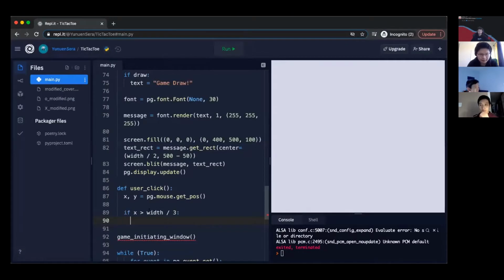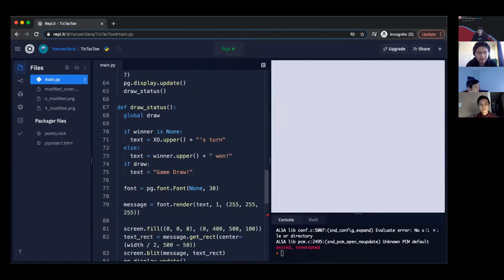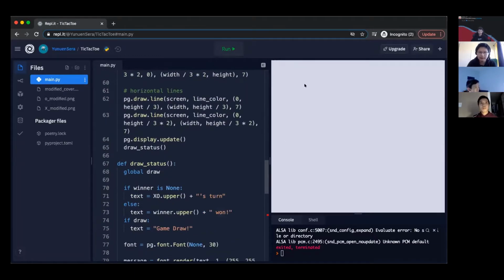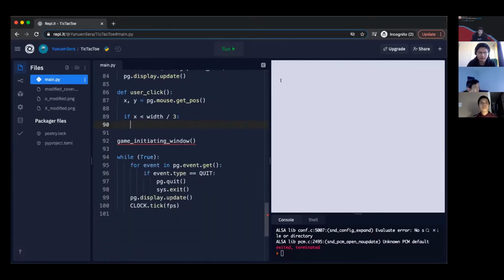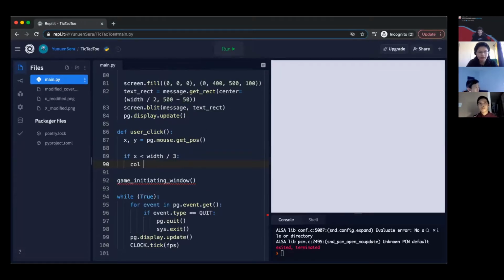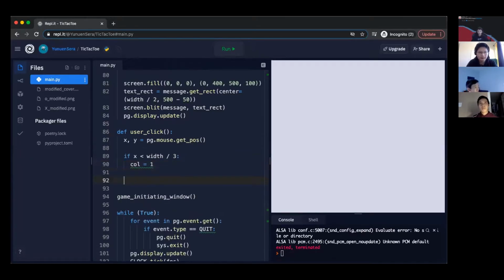Sorry, it should be the other way. If it's smaller than width divided by 3, as we know here from drawing the line, width divided by 3, then we definitely know it's somewhere in the left column. So we can just define a new variable, column, so we know it's the first one. And then we do a similar thing for every other column. So x less than,